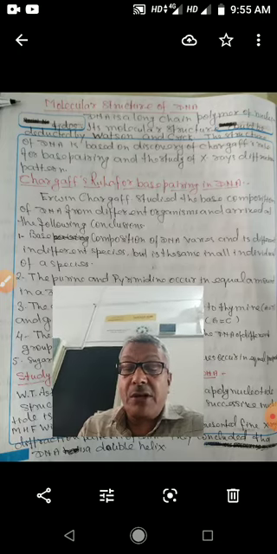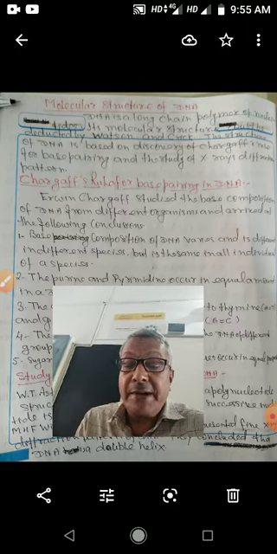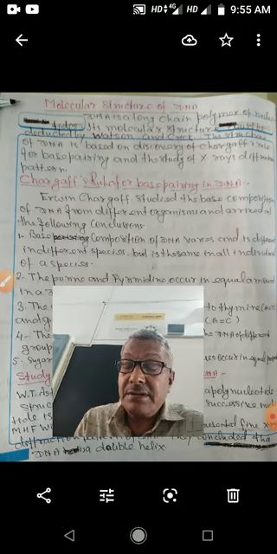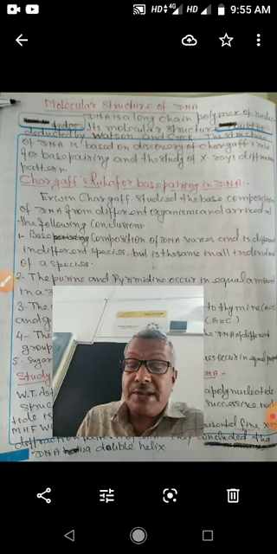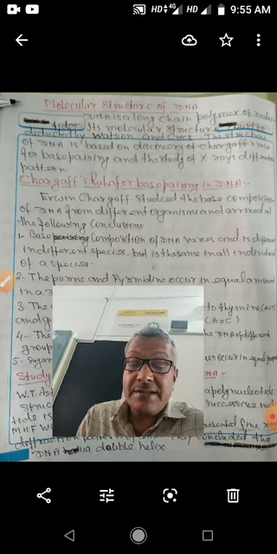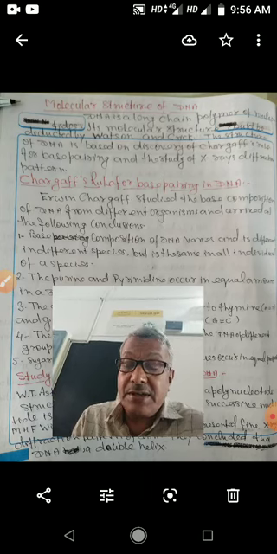Children, Erwin Chargaff studied the base composition of DNA from different organisms and derived the conclusions of his experiment. So, what were the conclusions? The first point is that base composition of DNA varies and is different in different species, but is the same in all individuals of a species.